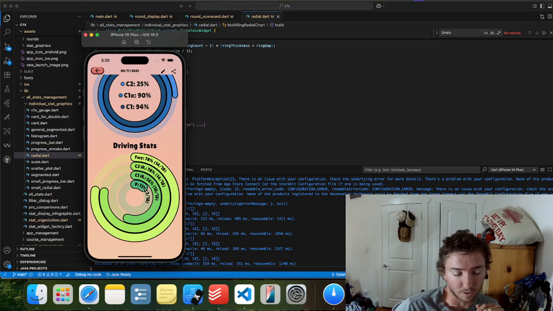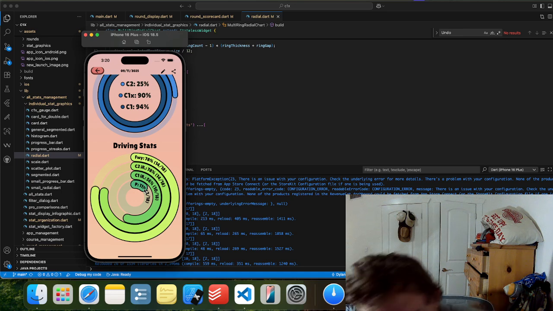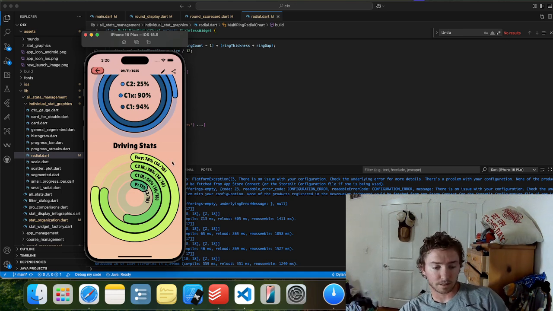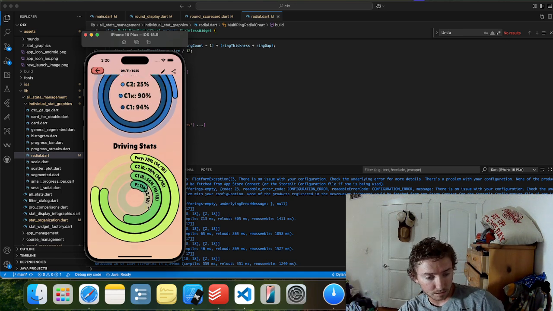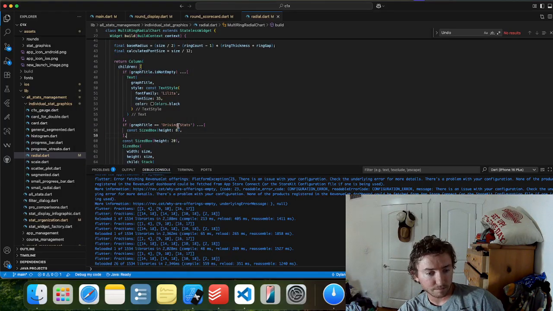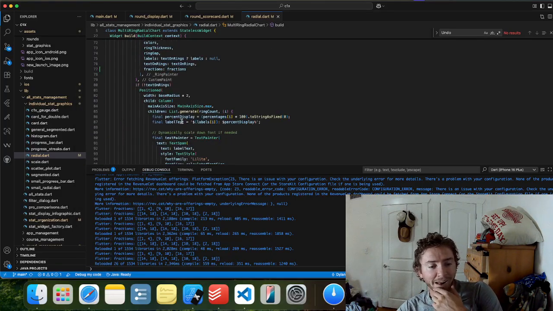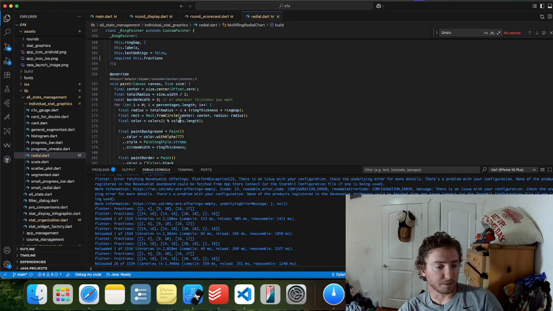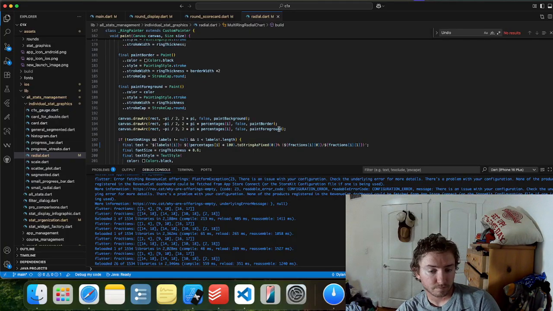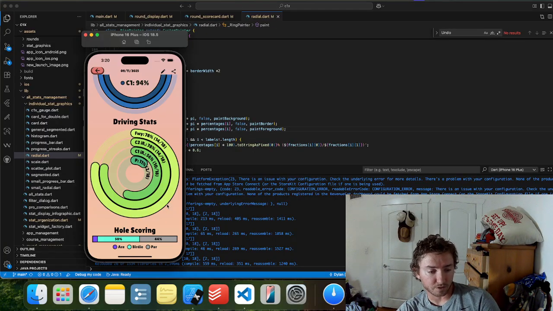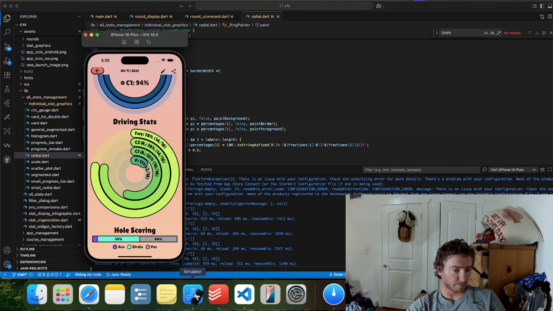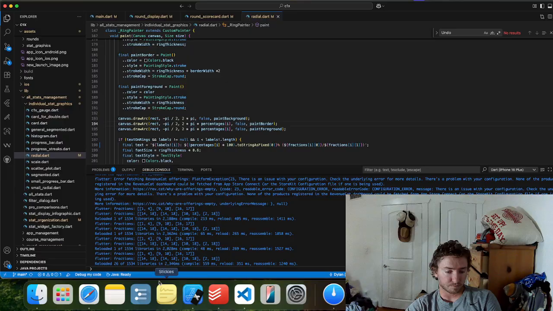Yeah, I mean, it's fine for when the ring goes all the way around, but for smaller stats like parked, it looks pretty silly. So I don't know if I love that. But if it doesn't go there, I don't know where else to throw the totals.